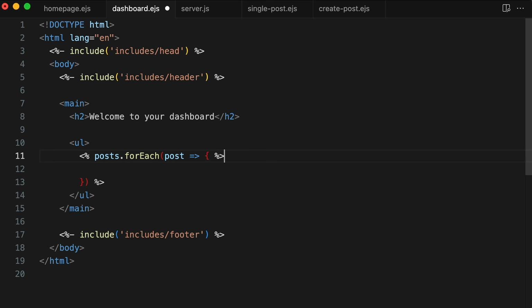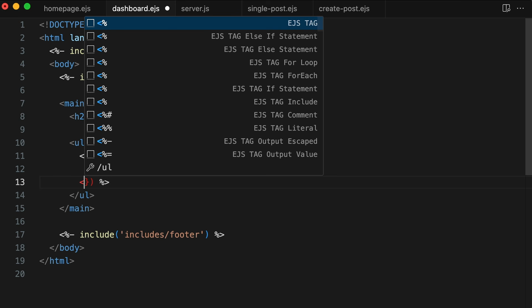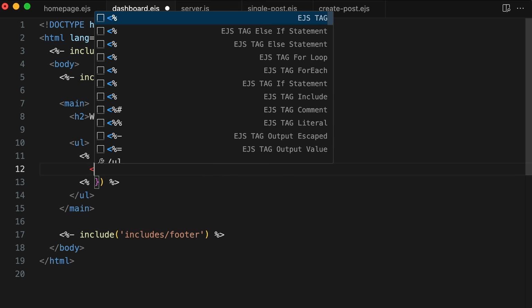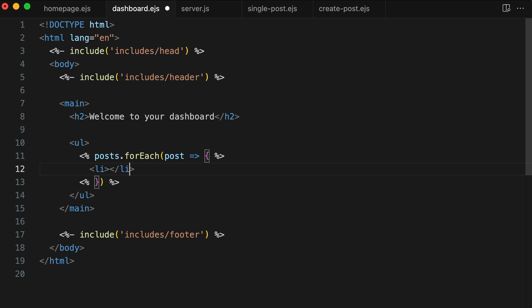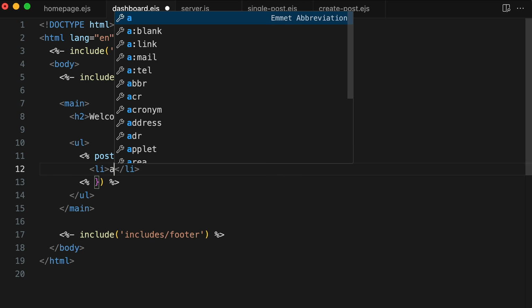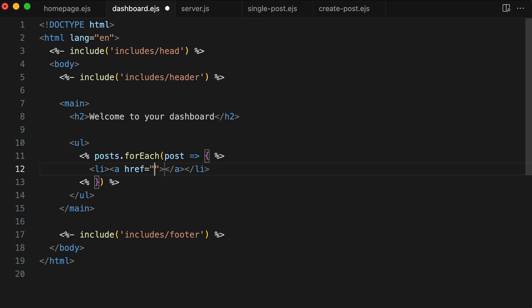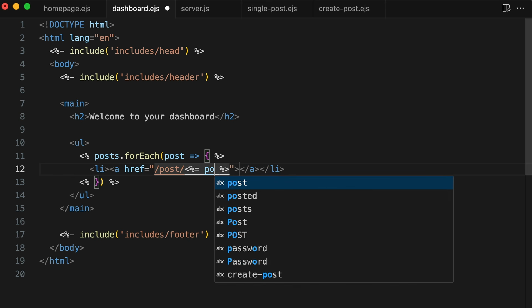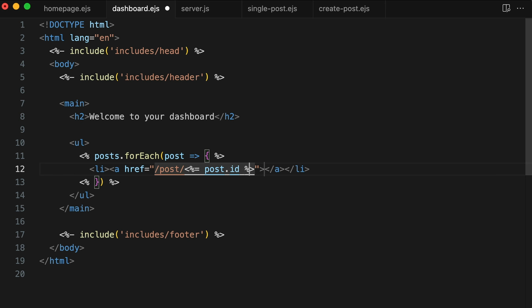And now at the end of that line, we can close out of EJS. At the start of this line, open it up, and then right here we can have traditional HTML. So let's have a list item. In the list item, we're going to have a link. So you can just hit A and then tab. The link is going to be /post/ and then some sort of number here, right? Well, we don't want to hard code it, so just EJS, and it's just post.id. Now, the text inside the A sandwich that you actually click on, that would just be output in EJS,